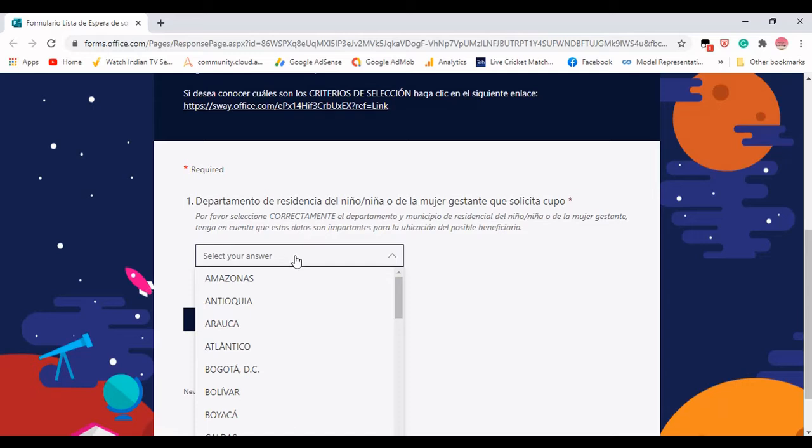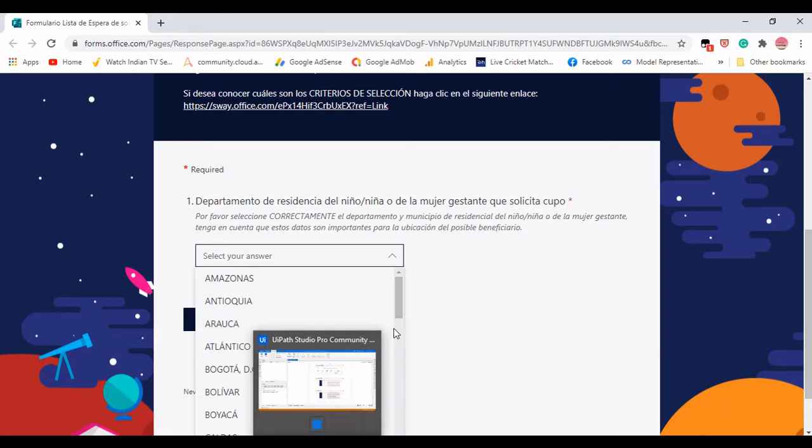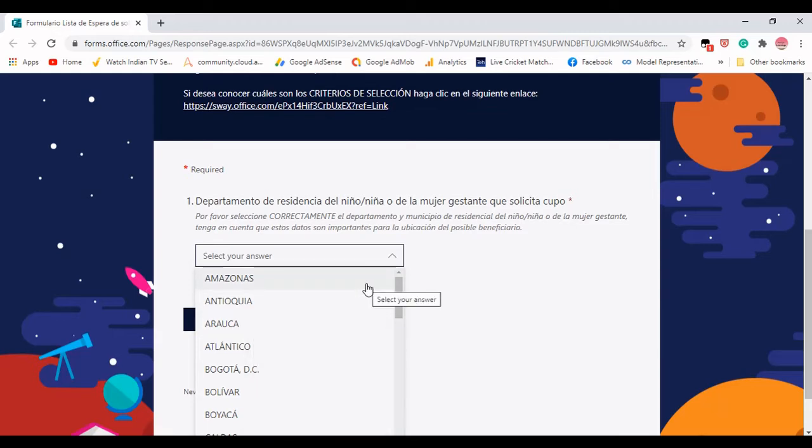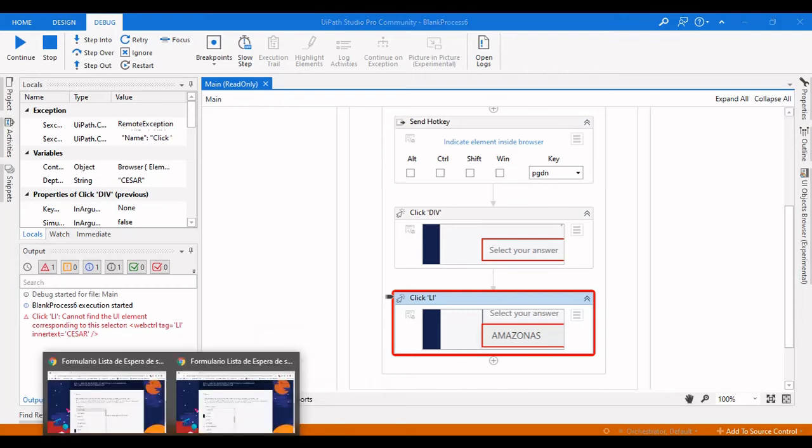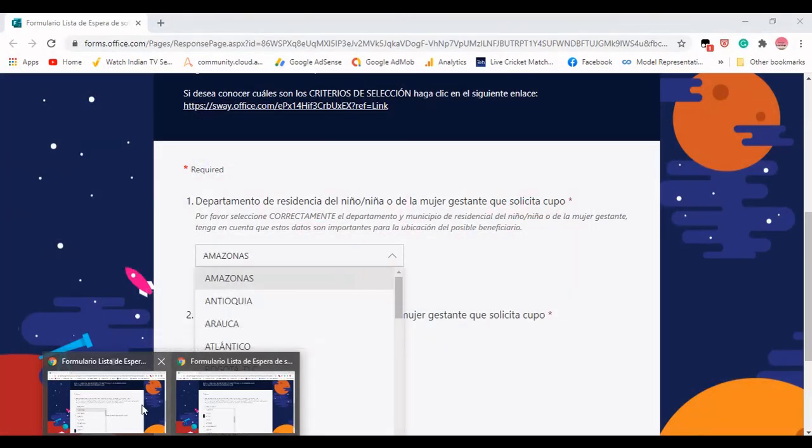No, it's not selecting. So let us see what happened there. No, the process is still going on, so let us wait for some more time. Yes, there is an error here. It cannot find the UI element corresponding to this, which has the inner text Caesar. So let us verify the